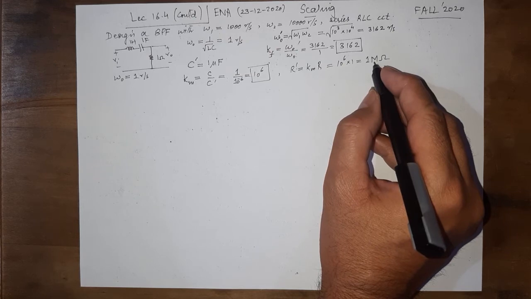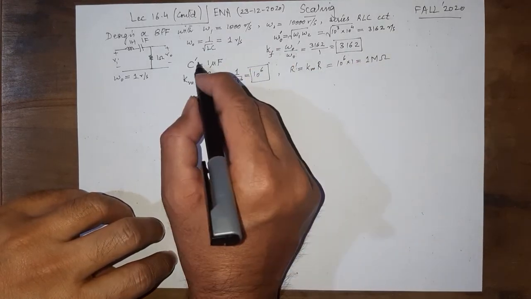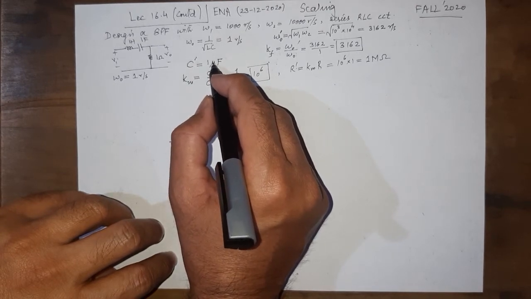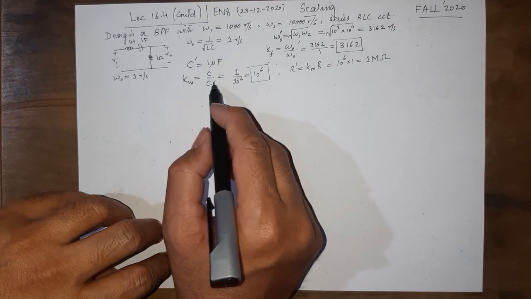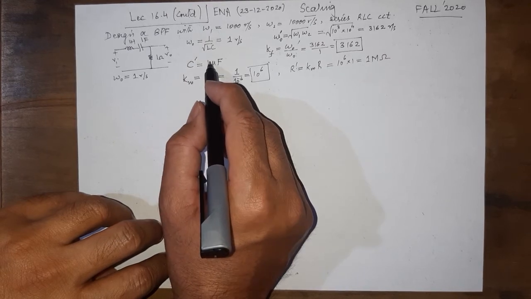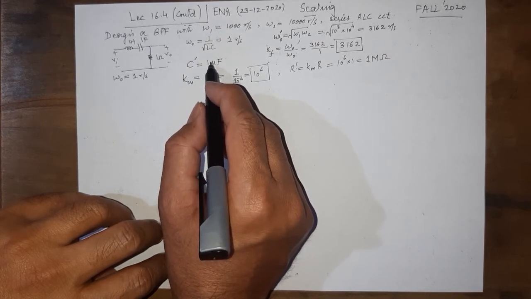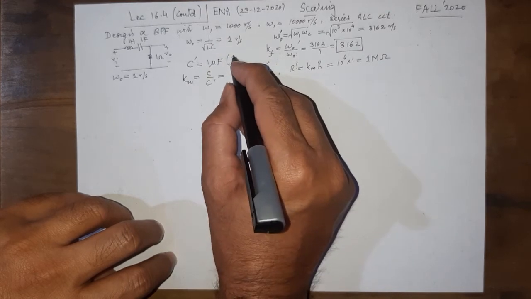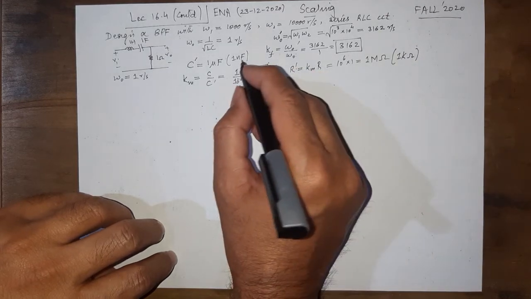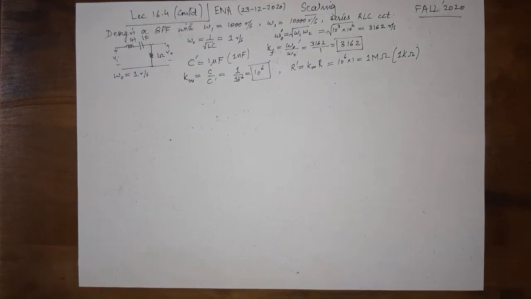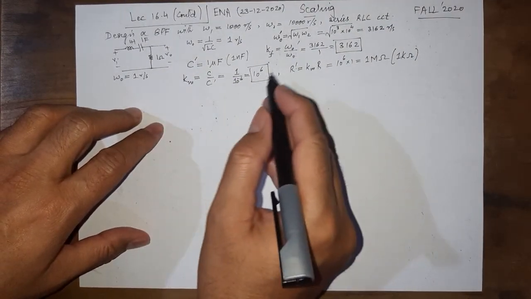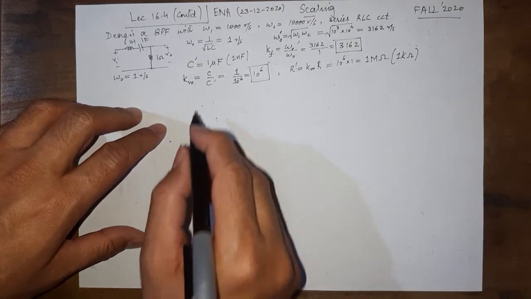If this is not a value that is good enough, then you will go back and change this assumption. You say, okay, C dash should be 10 microfarad. If this is 10 microfarad, then we are going to get 10 to the power 7, and it's going to be 10 mega ohm. So we can try reducing this, say 1 nanofarad. So for example, with 1 nanofarad, this is going to come to be 1 kilo ohm. So while 1 nanofarad is a smaller capacitance, 1 kilo ohm is also a more practical value. So it all depends on what you start with, and you can change your assumption to come up with more practical values if you have to do it in practice.